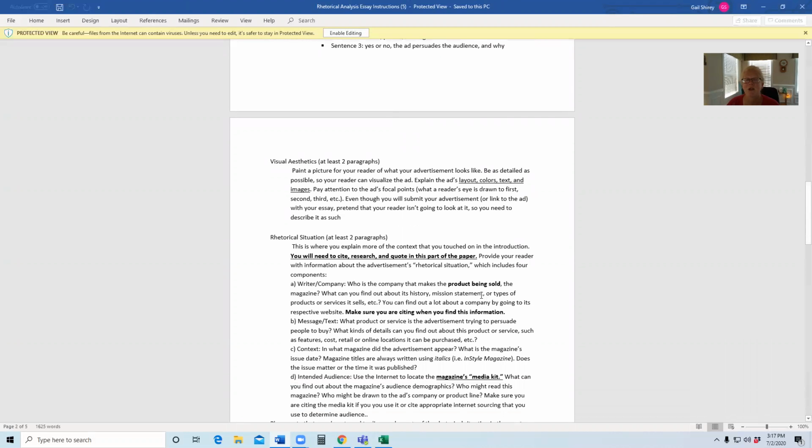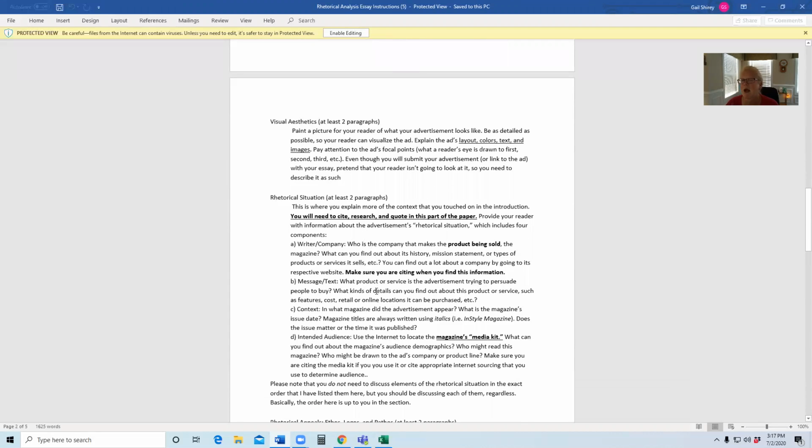The in-text citation, I make note of where they should be within the paper. So in this case, right here, rhetorical situation, in this section, when you are talking about product, company, and those kinds of things, that's where you're going to cite. You have an in-text citation there because you needed to get that information. You did not know information or the history about that company or product before you started researching. The citation can just be one line, you're just referring to where you got it. That's really what we're talking about here.